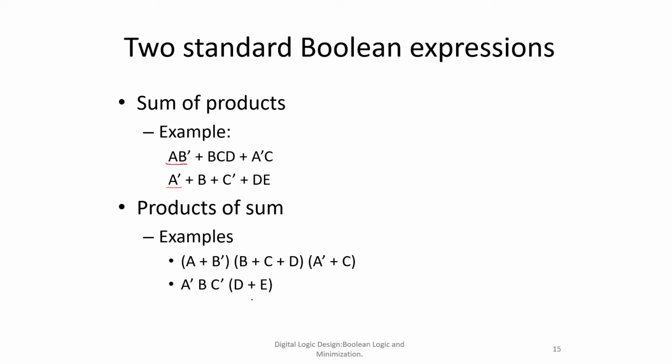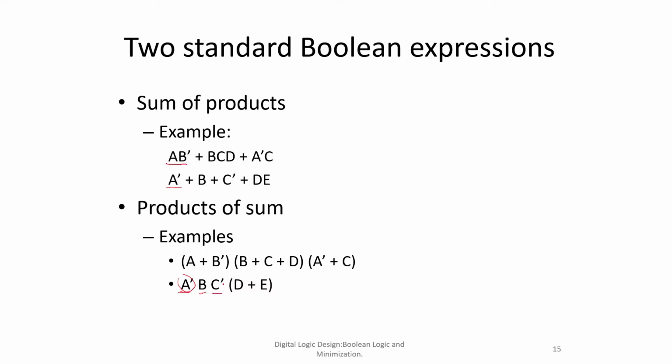Similar to this case, this also has a very similar example here, a dash, b, c dash. All of these three still form one term, and these terms are multiplying each other. So this is still classified as product of sums. It doesn't look like it, but it is, because each of these terms is an individual term which we can consider.